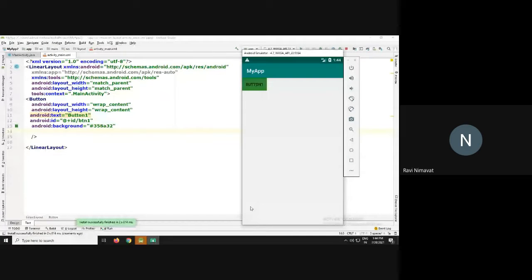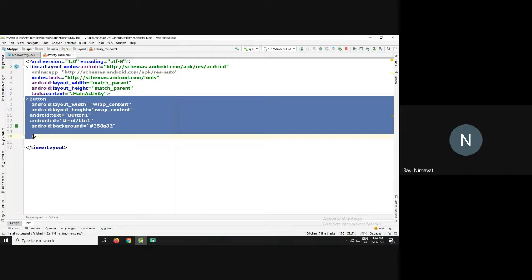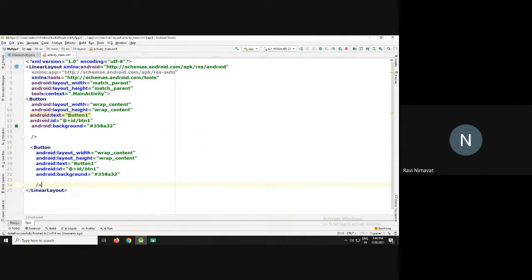So students, I have added one button in the linear layout. In the same way, students, I add another button. Just copy and paste. Here is button 2. Here the ID is also button2. And the background color is